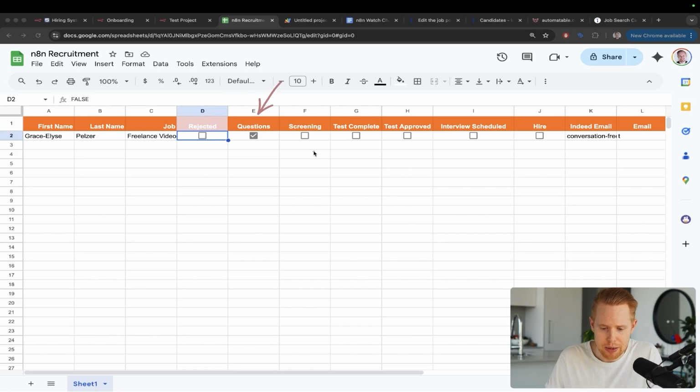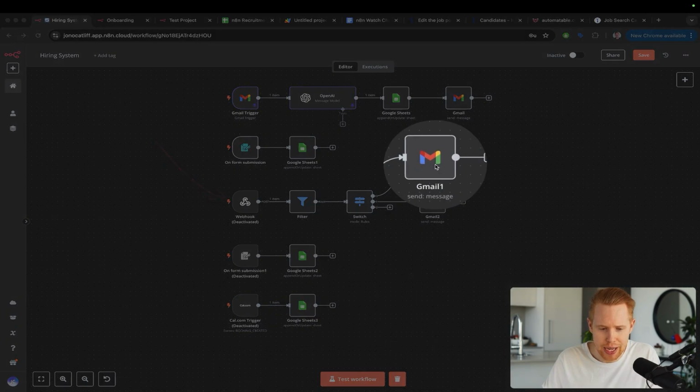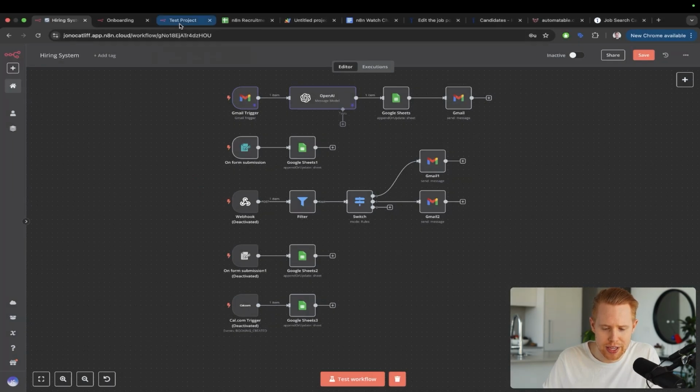At this point in time, we have a manual intervention here where I actually like to go in and take a look at the results submitted just to make sure that I give a thumbs up and I say, hey, this person should probably move on to the next step in the recruitment process. All I have to do is hit this checkbox. At that point in time, this third workflow is going to happen here where we send them off an email